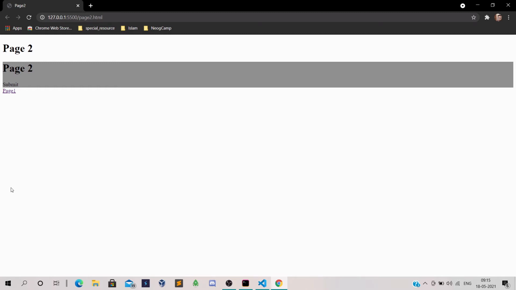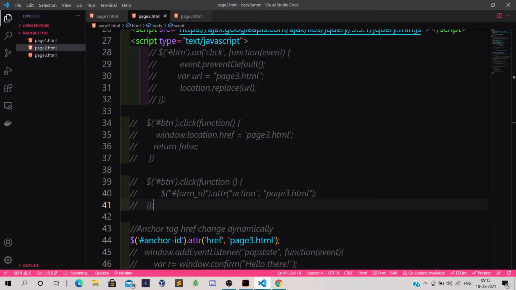As of now, you may have done it with a form in the HTML, where clicking on it redirects to a different page, or with an anchor tag, where clicking redirects to a different page. But today I will show you how you can redirect the page by clicking on a certain div or any text, using jQuery. Before that, I will show you how you can redirect a page using a form.